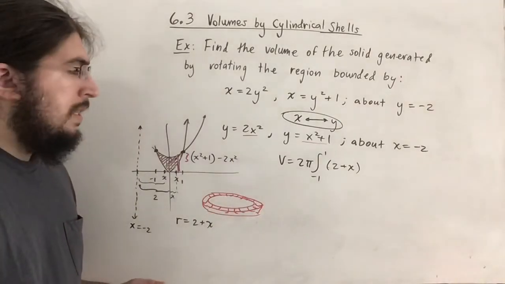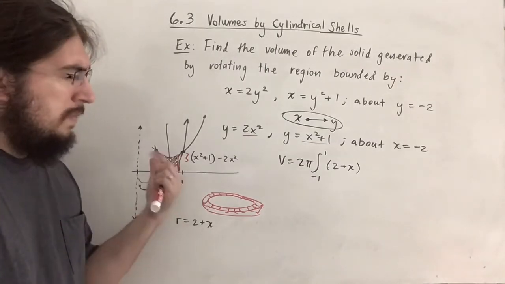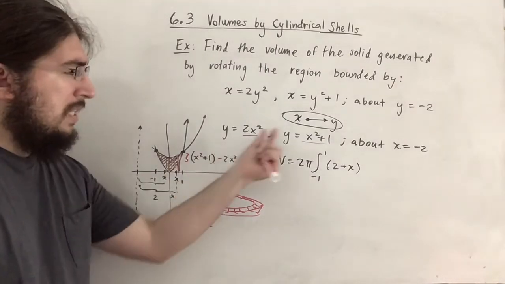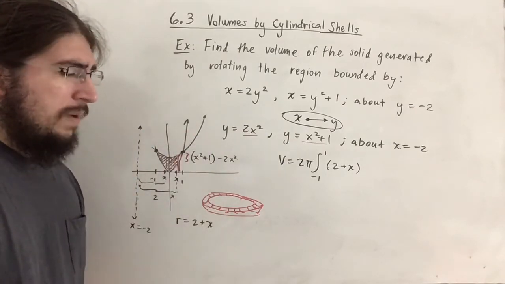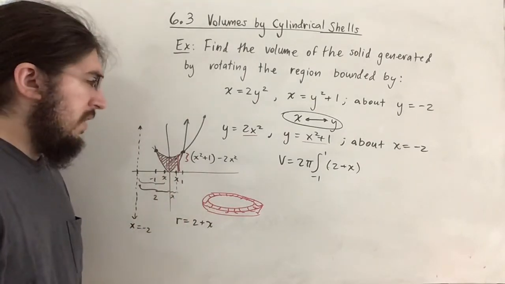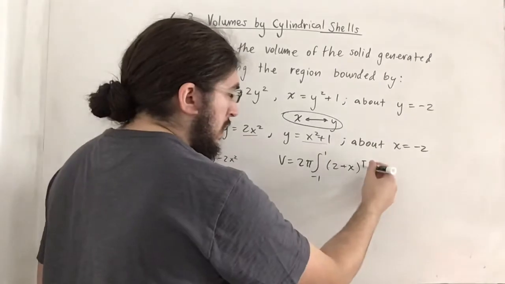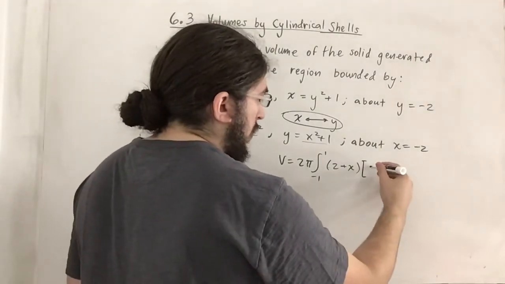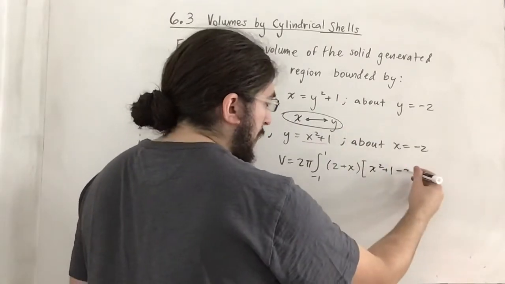Fantastic. And by the way, I think I mentioned earlier without doing it, the way I found these bounds was just by guessing and plugging in. But if you actually set them equal to each other, you get negative 1 and 1 anyways. But I've shown that already, so if you want, you can try it on your own and you'll get that result, hopefully. And again, the height now is going to be the difference of the functions, which we found out that x squared plus 1 is the one on top, minus 2x squared